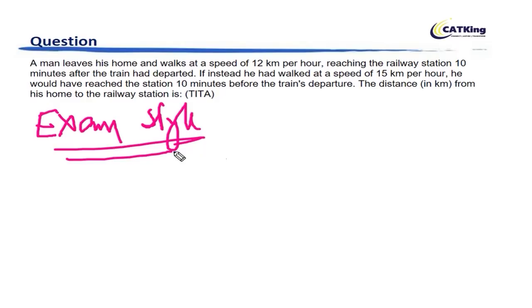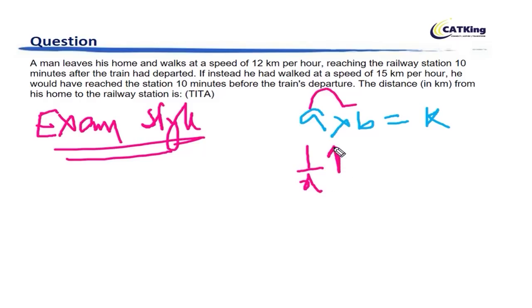Okay. Now before that, let me help you with one quick concept. Whenever product of two variables is a constant, you can use this funda. So what's the funda? Product of two variables is a constant. Speed into time is equal to distance, length into breadth is equal to area, right? In all these scenarios you can use this. Okay. So when one of the variables increases by 1 by x, the other should reduce by 1 by x plus 1.